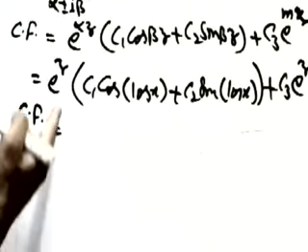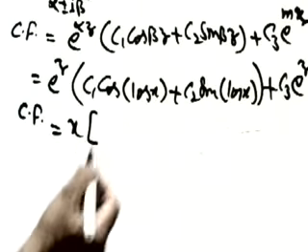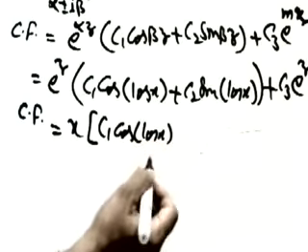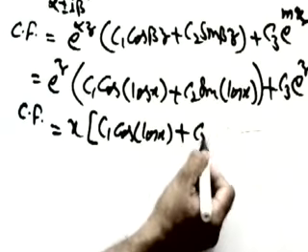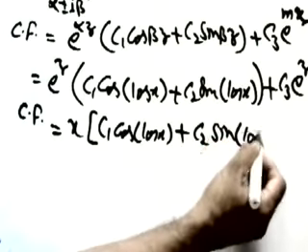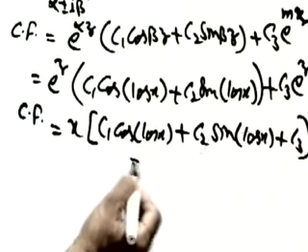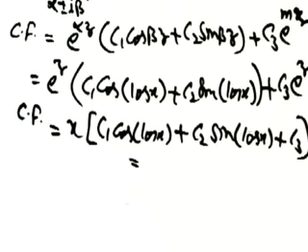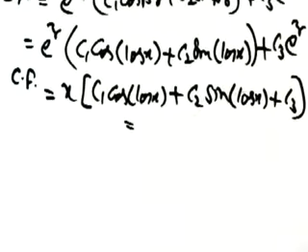So we got this complementary function equals, let me take common e power z, and e power z is x. So if you take x common, c1 cos of log x plus c2 sine of log x plus c3. So this is the complementary function. Now for the particular integral, let me bring